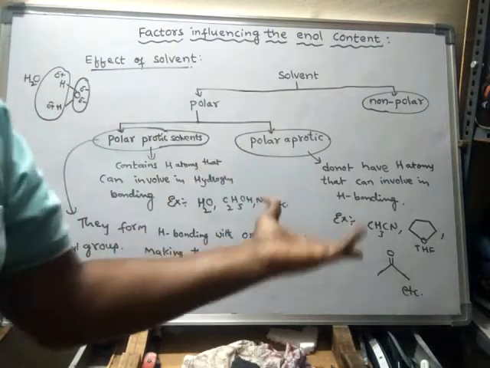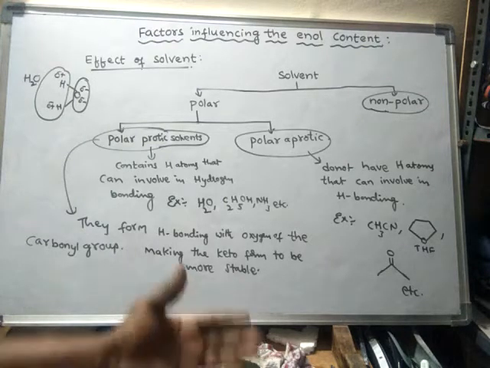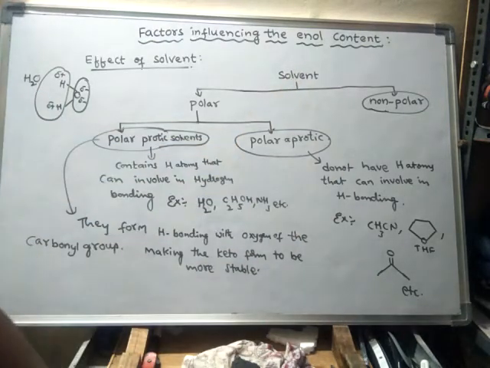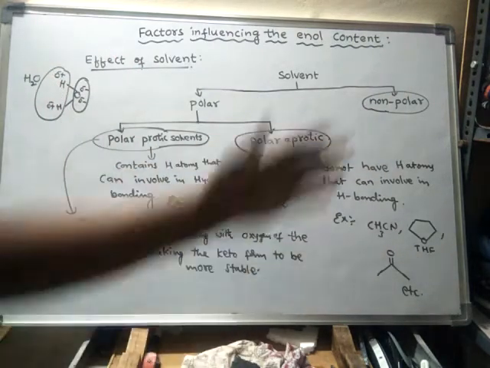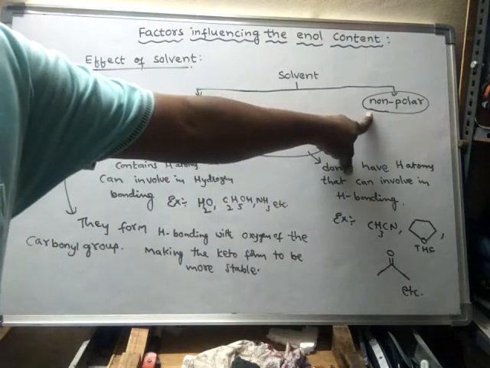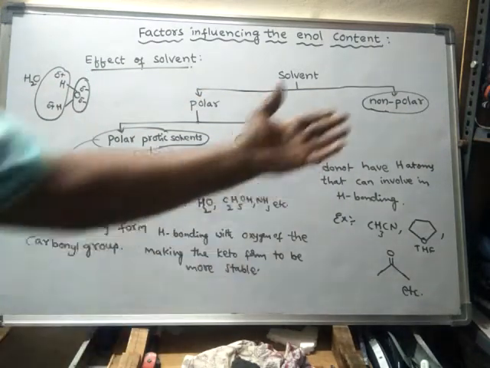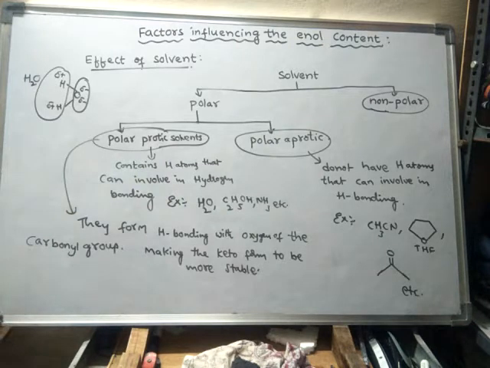Non-polar solvents are like carbon tetrachloride, ethers, etc. Those compounds are said to be non-polar solvents. Even kerosene, petrol, benzene, etc. are all non-polar solvents. Okay, because there is no polar covalent bond in such compounds. Hence, those compounds are treated as non-polar solvents.